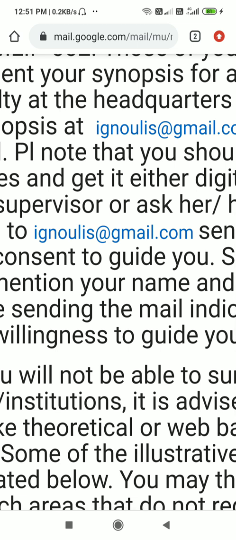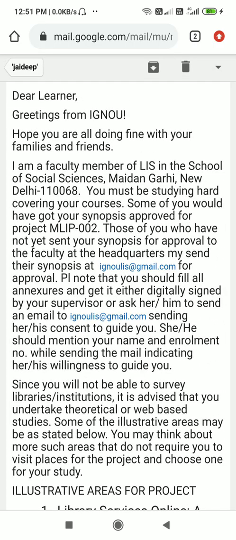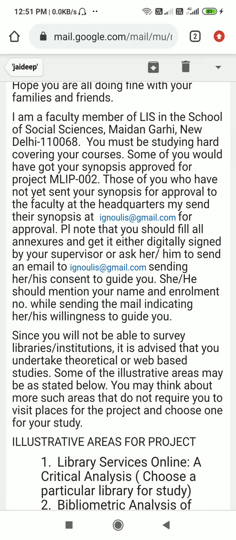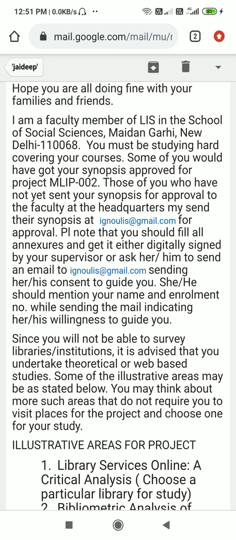ignolis@gmail.com. This is the IGNOU faculty of Library and Information Science email address. If you're not able to get a digital signature, you can request your supervisor to send a mail to the same email ID, mentioning that your supervisor has approved your synopsis as well as is ready to guide you.